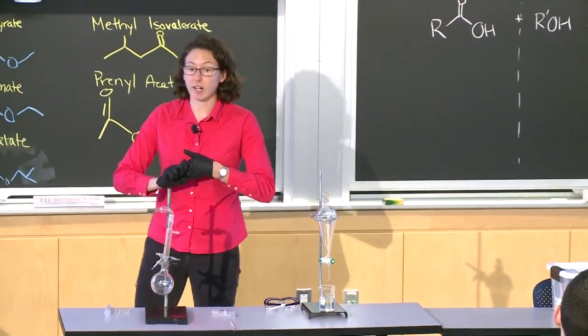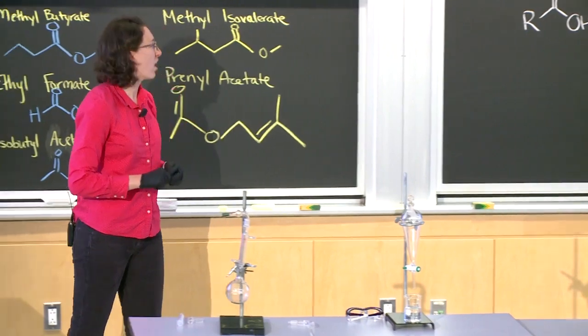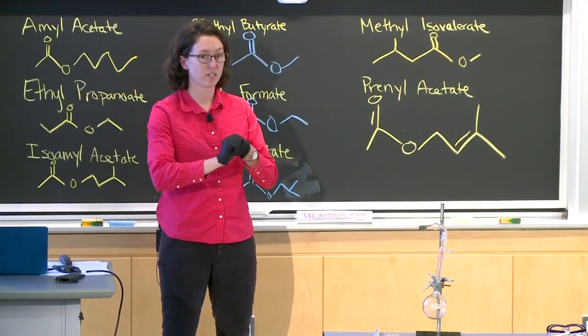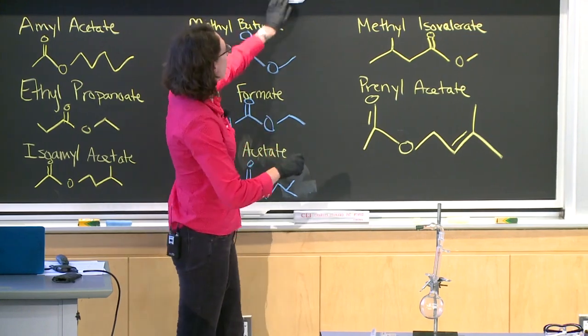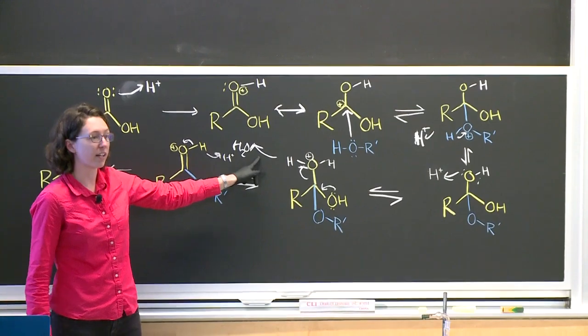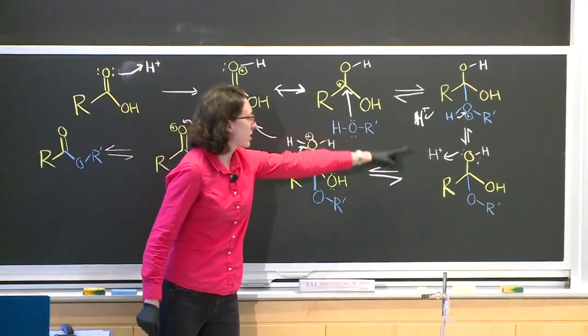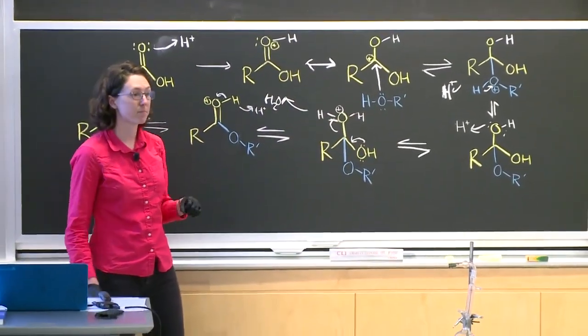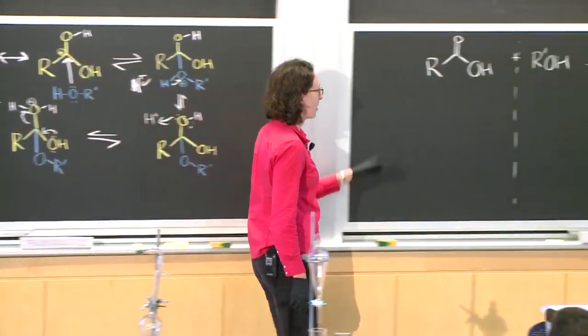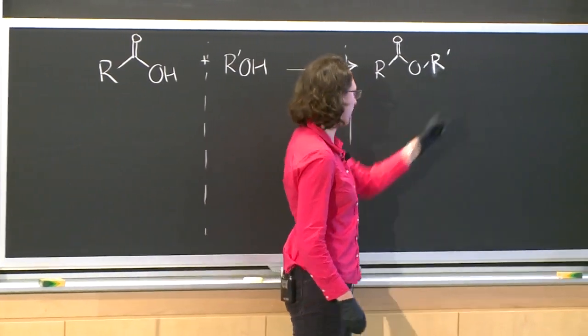And so what we're going to use it for in our reaction is, what are the products of our reaction? We're going to make an ester and water. So if we go back to our mechanism, we lose water here. And if you notice, most of these steps here are reversible steps. So if you remember Le Chatelier's principle, if this is our overall reaction and one of our products over here is water,